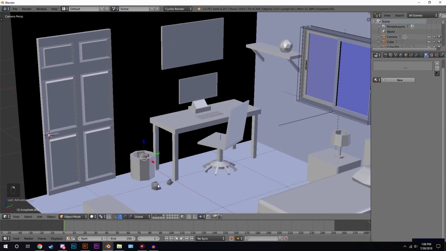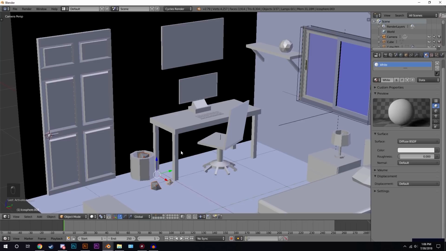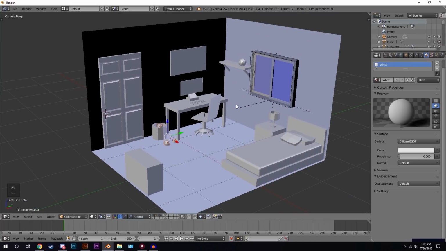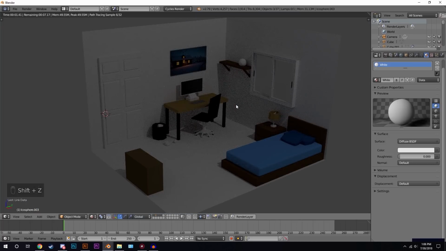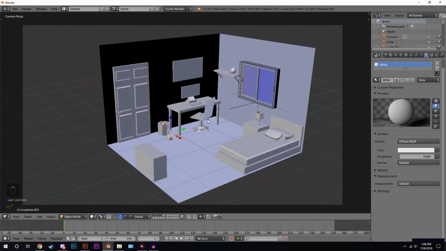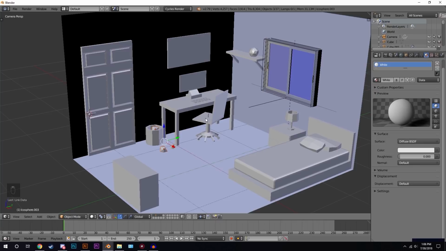And then the pieces of paper, we can just select all of them and give it the white material. Hit Control L and go materials, and that will make sure all of them has that same white material. Let's press Shift Z, make sure everything looks good, and it does. Not too bad. Another thing that I want to add into our scene is a rug for the computer, because